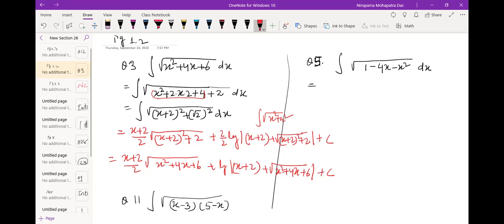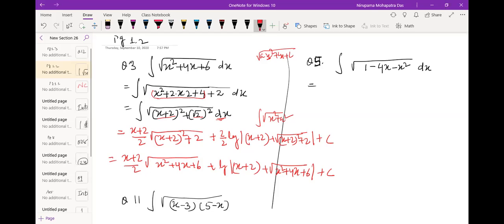Okay, so whenever you have the quadratic in the form of ax square plus bx plus c, what you need to do, every time, is keep the coefficient of x square 1, so that you can apply the formula directly. It is because whenever we write square of x plus 2 plus square of 2, here you see the function, it is square of x plus 2, and we have the differential of x plus 2. So जिसका square उसी का differential है. So you can apply the formula directly.